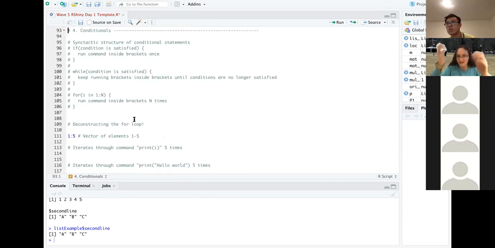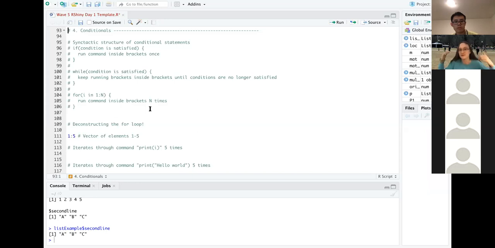So that's basic data structures. And now I'm just going to go over some programming logic fundamentals. One of the fundamental concepts in programming is conditionals. So far, what we've run is stuff that's always true. Like we print this, or this vector equals this, no matter what. But what if we take some sort of user input, or weather conditions change, or there are a bunch of factors that we want our code to depend on, and we want to run different things based on what those factors are. That's where conditionals come in.